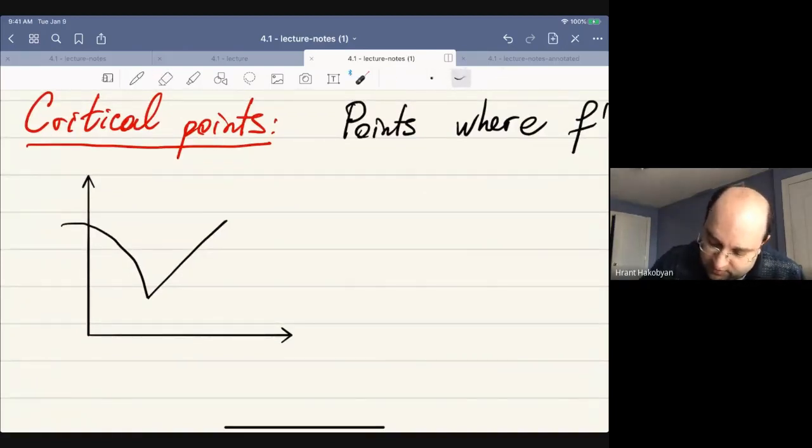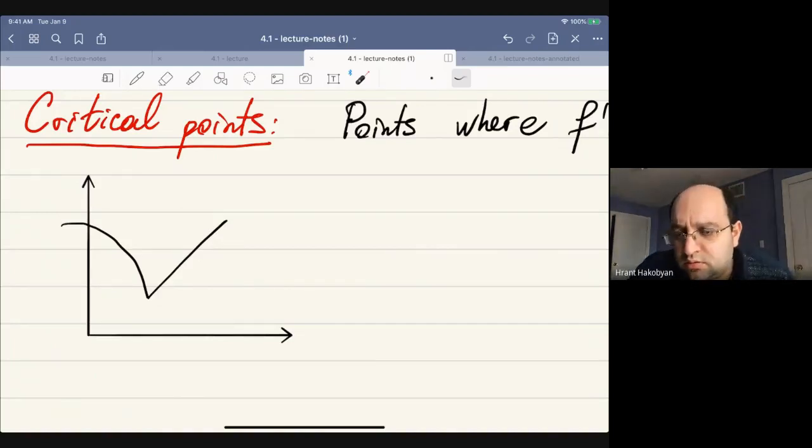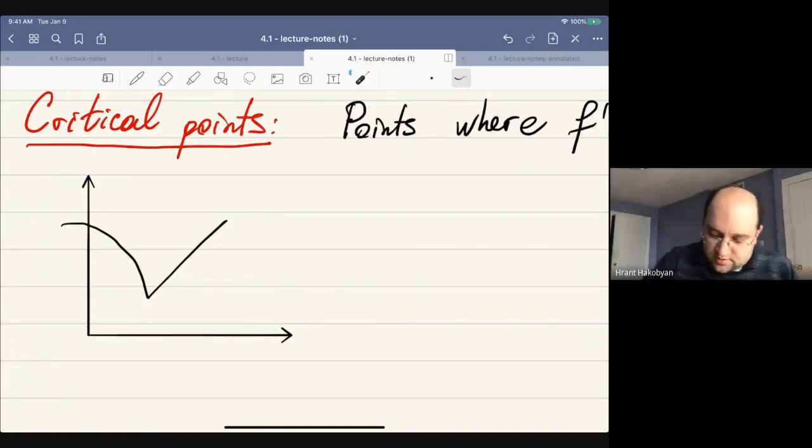At this point there is no single tangent line, because from the right the slope is supposed to be that, and from the left it's supposed to be that. Because there is this kind of a corner, there is no derivative at that point,